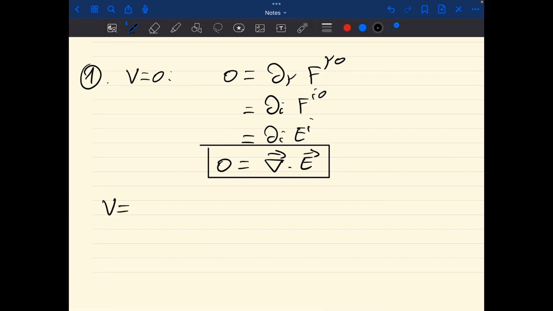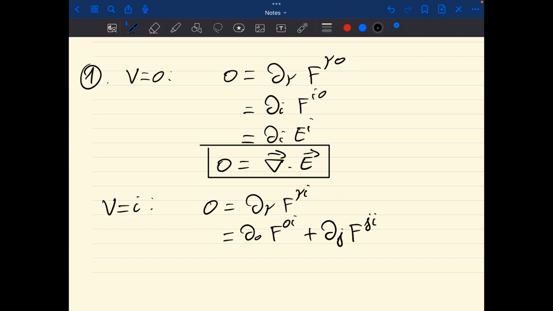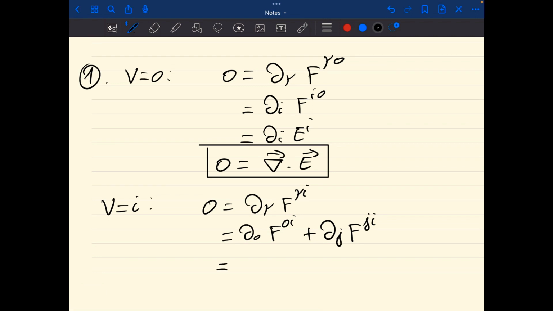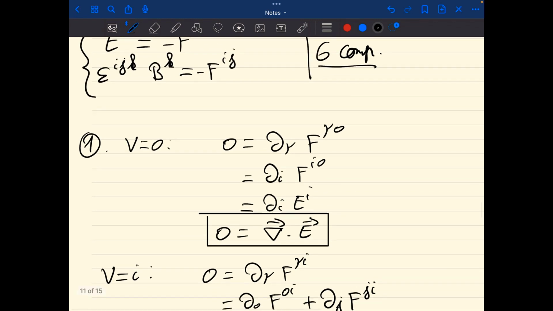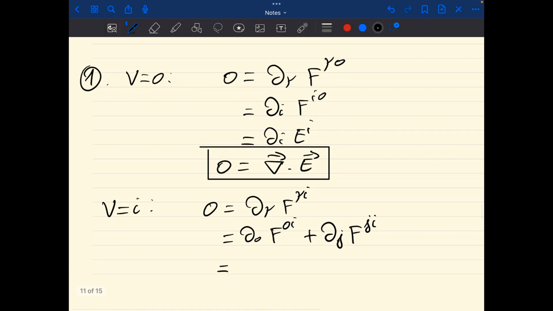The second term, let's take nu to be a spatial component that we call i. So 0 equals ∂_μ F^{μi}. Now we can decompose μ into two terms: the temporal derivative, so F^{0i}, and a spatial derivative, which I will call j, F^{ji}. Now I can replace these two F factors with the electric and magnetic field definitions that we had before. So F^{0i} is simply minus E_i,